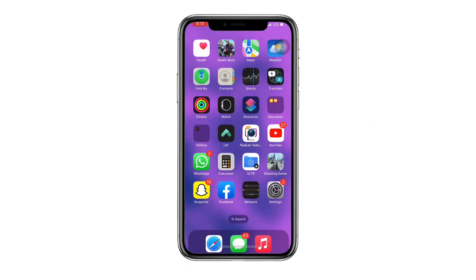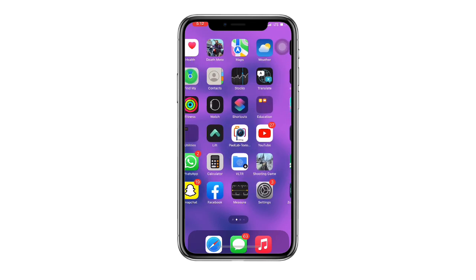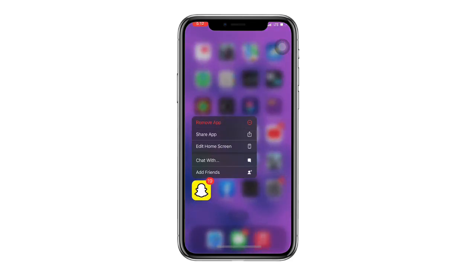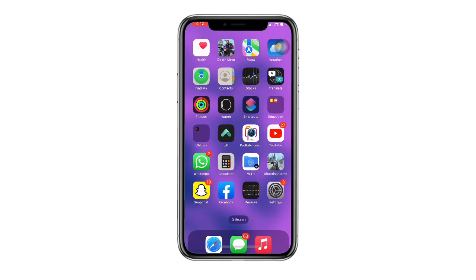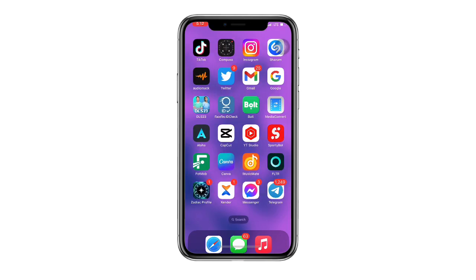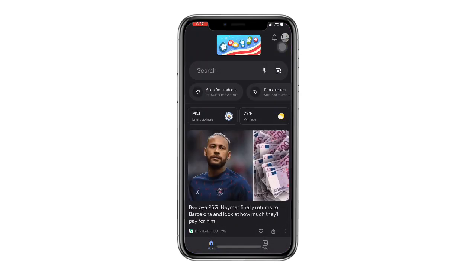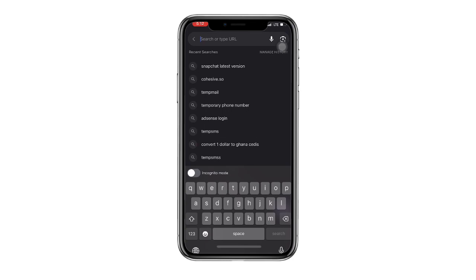Now in the first place, all you need to do is to uninstall your Snapchat application. So if you're using Android, just delete your Snapchat. Just tap and hold your Snapchat and then remove your Snapchat over here. Now once you are done, all you need to do is to open your browser. Now once you open your browser or your Google, then you search for